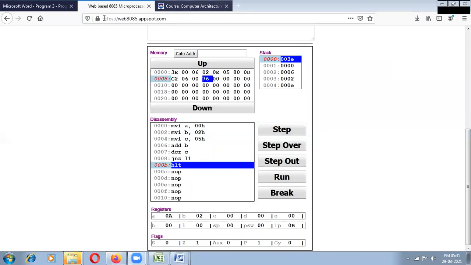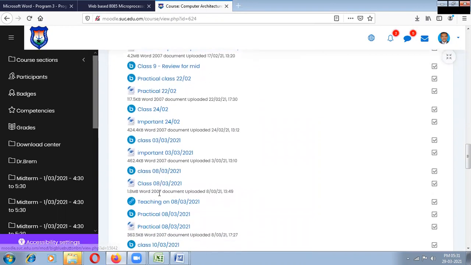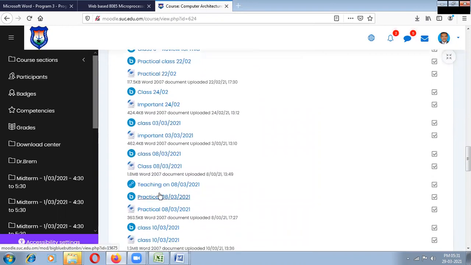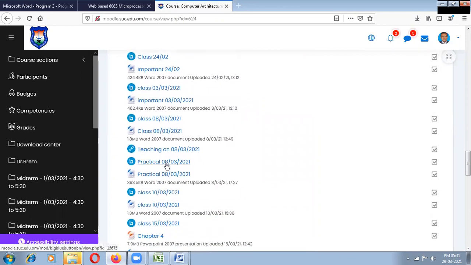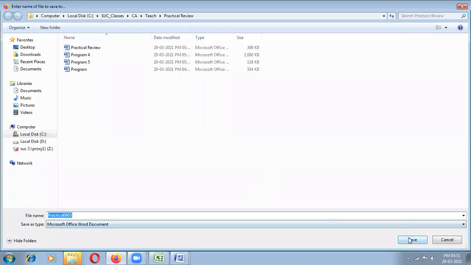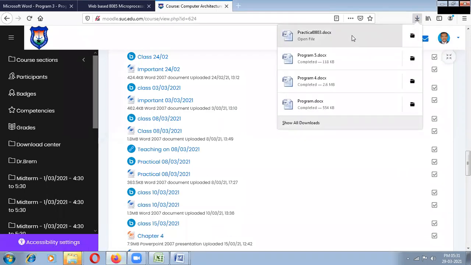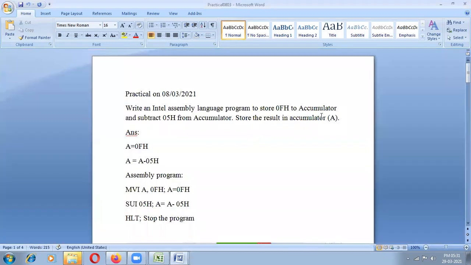So the next class, what is that? Here the practical is finished. Practical 8.3. What is the important program? Write an assembly language program and subtract.